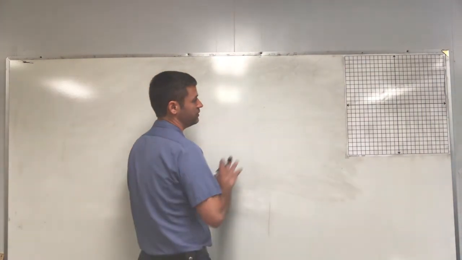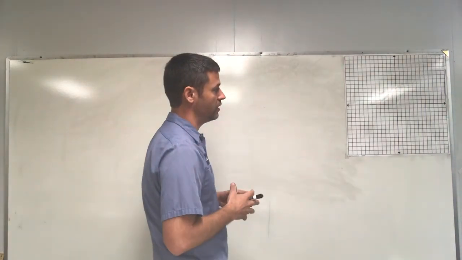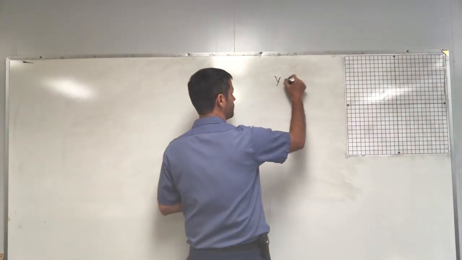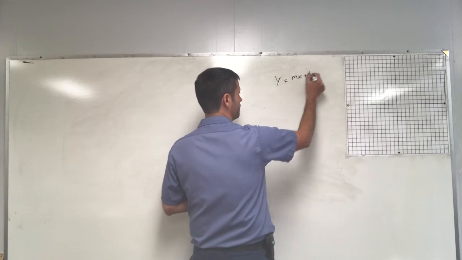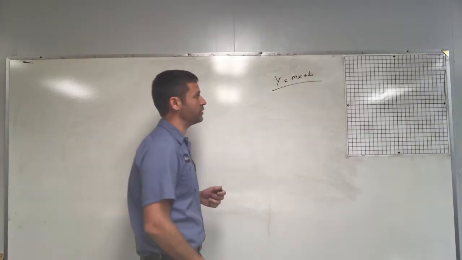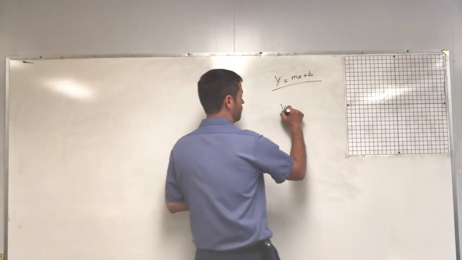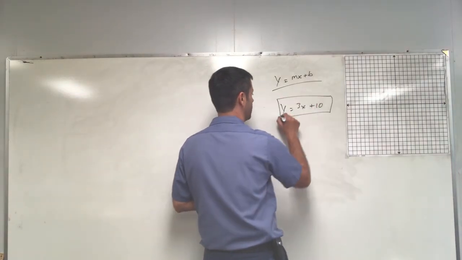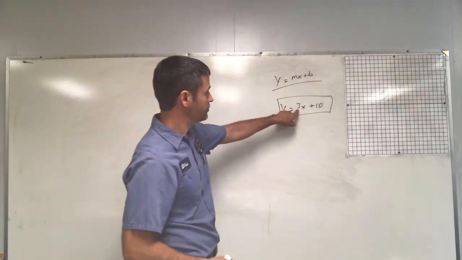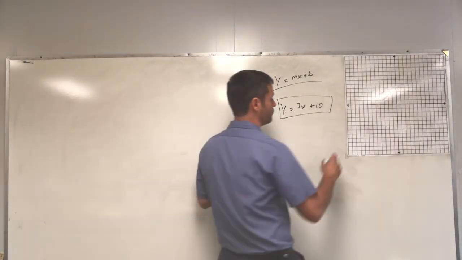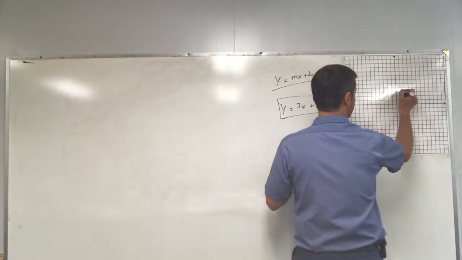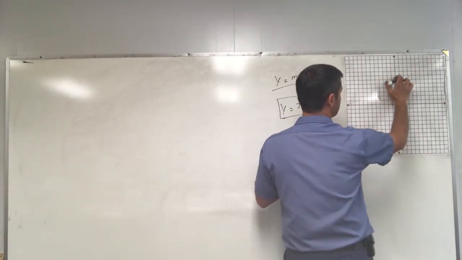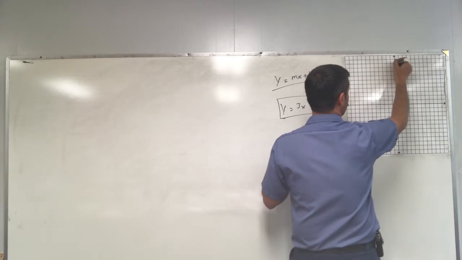So we've talked about linear equations, which is to say equations of lines. And those we know were of the form y equals mx plus b. That's an equation of a line, and it could be y equals 3x plus 10. And I'd say, what is that line? And you come over here and say, well, the slope is 3 over 1, so it's rise over run, up 3 over 1, but it also crosses the y-axis at 10. So you come up 1, 2, 3, 4, 5, 6, 7, 8, 9, 10, and then go up 3